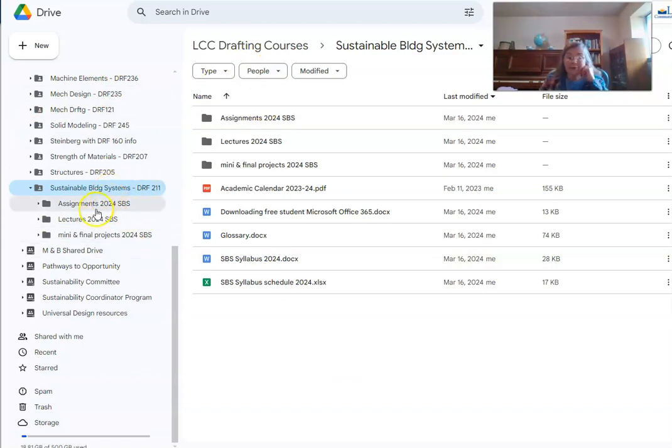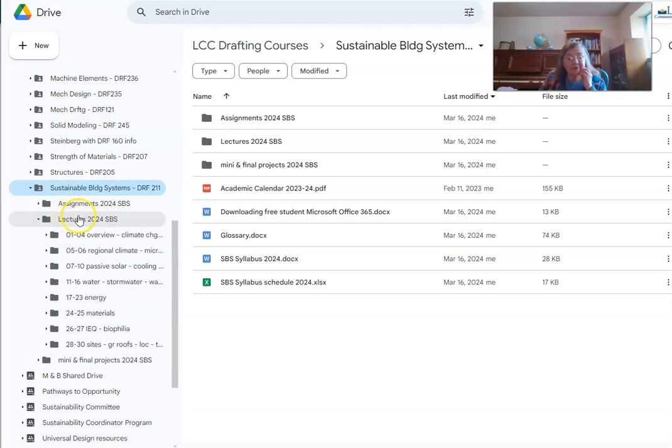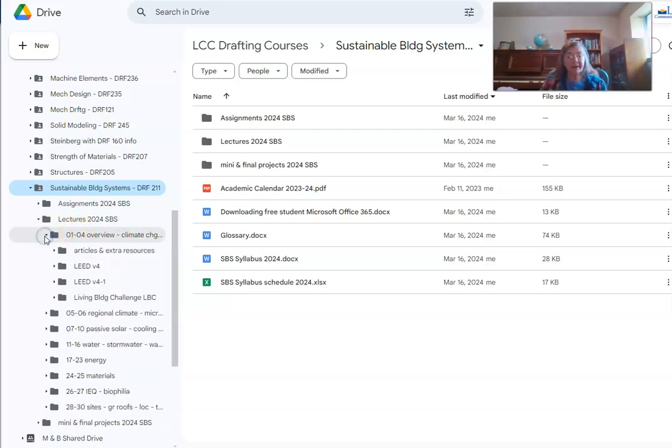I want to point out that under the lectures folder, let me click the down arrow here. So the lectures, PowerPoints and videos, are sorted by general topic, but under these lecture folders, I have given you a lot of extra resources. You don't have to look at them if you don't want to, but if you're interested, you might want to download some of this stuff so that you have it as a resource. For example, here in this first section, overview of what is sustainability and what is green building and so forth,